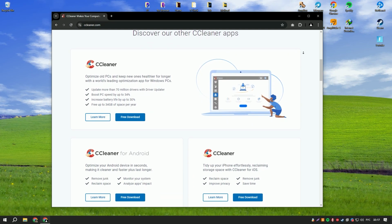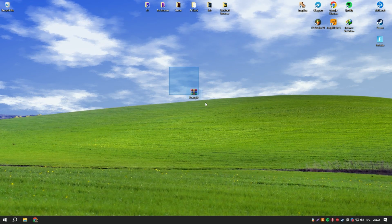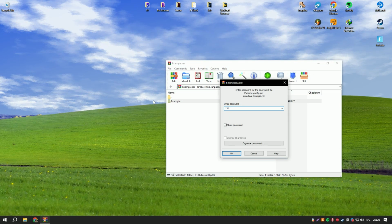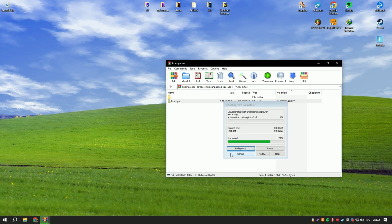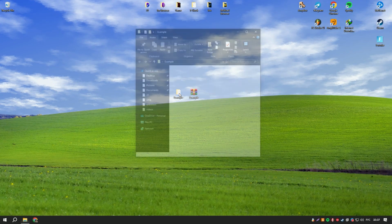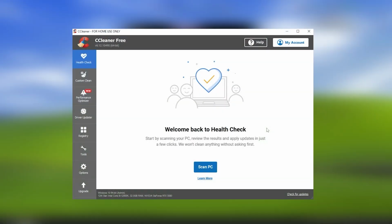with limited hardware resources. CCleaner also offers a robust registry cleaner that scans for and fixes invalid or outdated registry entries, which is essential for maintaining the stability and efficiency of the operating system. Although tweaking the registry can be risky, CCleaner is designed to be conservative in its cleanup, reducing the risk of